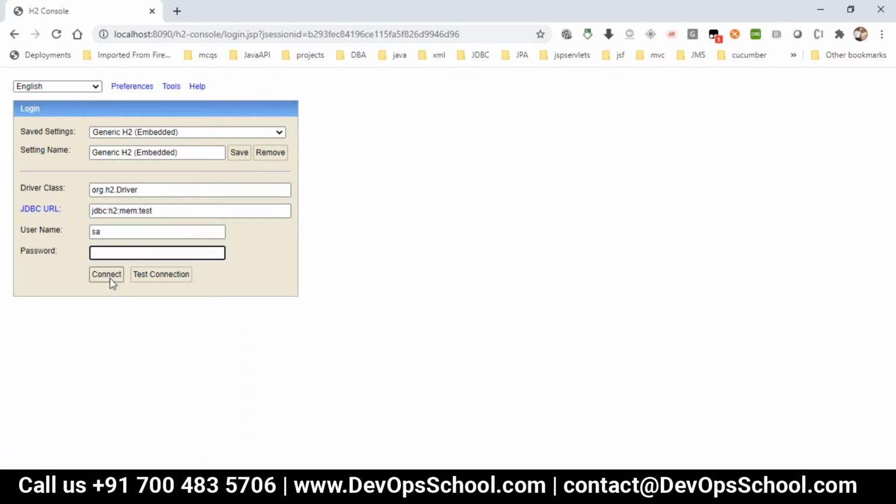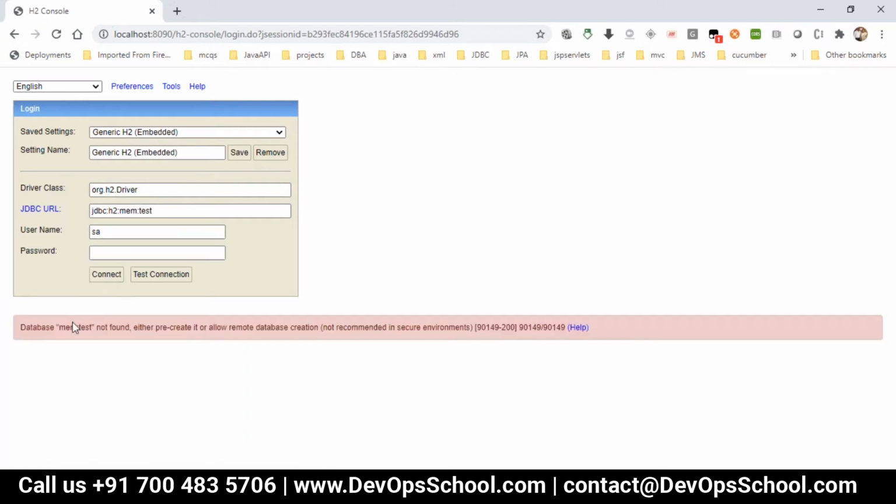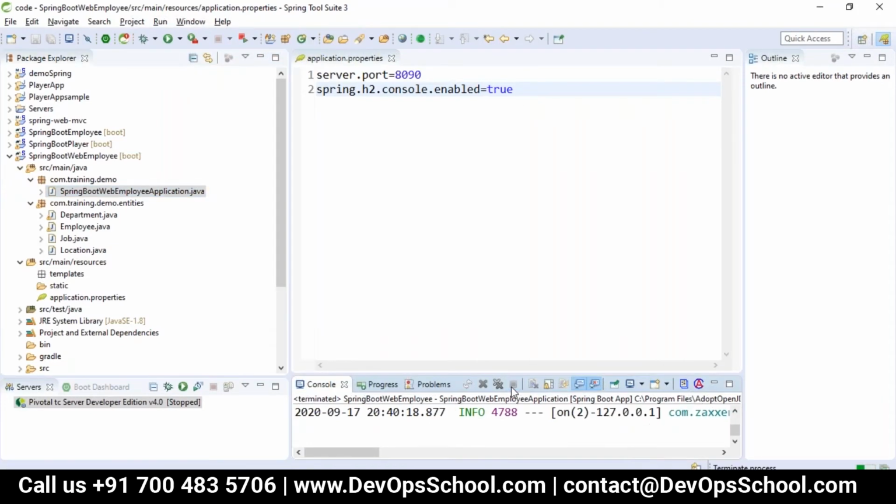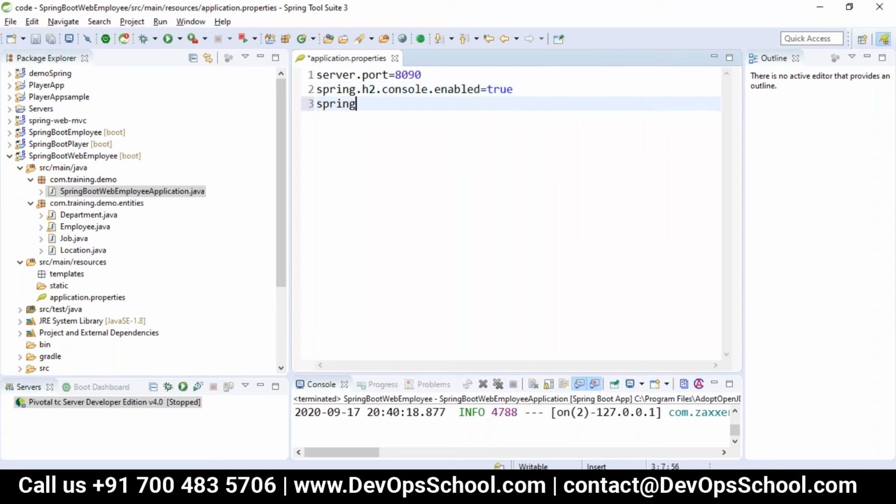Now I don't give a password and all, I'll just click connect. But when you see here, it is saying test not found. That is, we have to configure which database we are going to use and what properties we want to configure. This is the JDBC URL. Every time a property changes, we have to stop our server because Spring Boot will not auto restart the server. For that, we have to use another dependency called DevTools. Later, I'll add that. So now we have to configure the database properties.